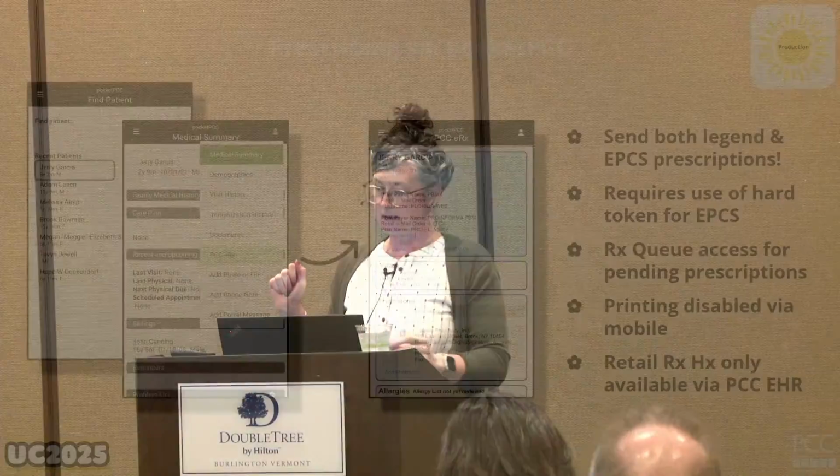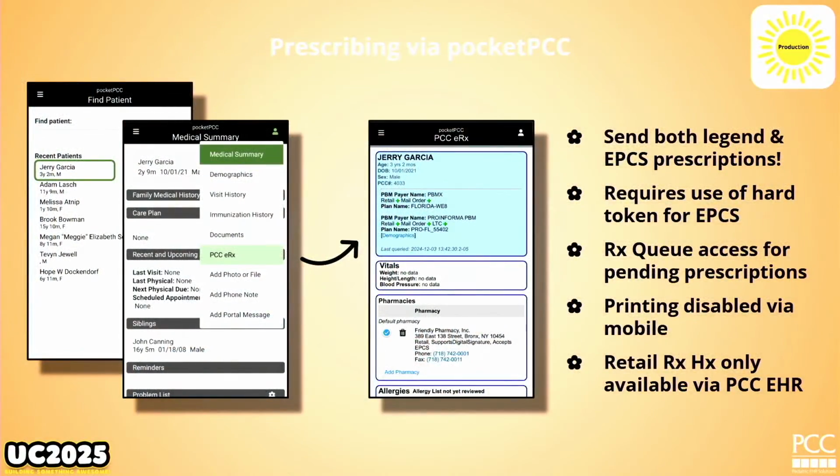Once we got going with this, we talked to a bunch of prescribers, and we said, what about the RX queue? You know, the place where you're seeing all your different task types. And we determined that probably the only thing you would need most of the time was the pending prescriptions. So you do have an RX queue, but it's only those pending prescriptions. That's something that you started and didn't finish sending, or your staff prepared for you and you might need to process it on the go.